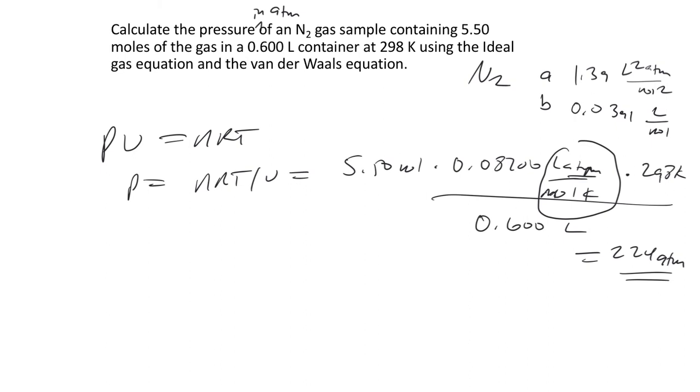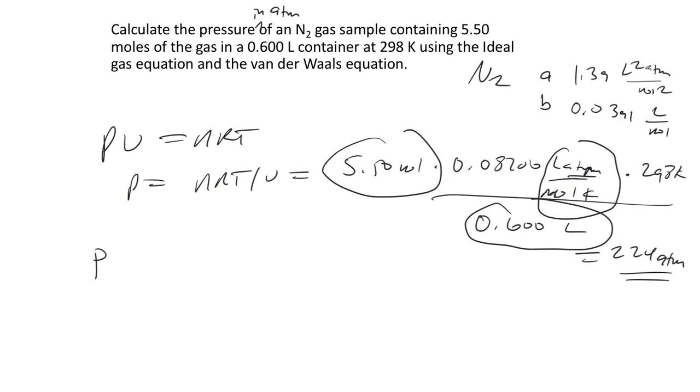Okay, so the ideal gas law is making two mistakes here. One, this is a high pressure, so we probably have the nitrogen molecules taking up a large portion of this container. So this is likely an error here. And then we might have some particles stuck together, so we might be able to correct for the particles sticking together here as well.